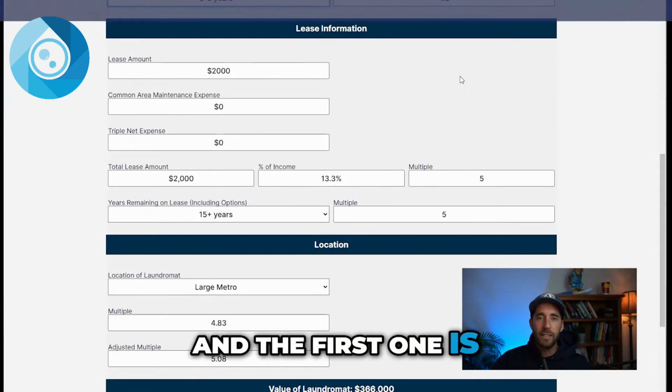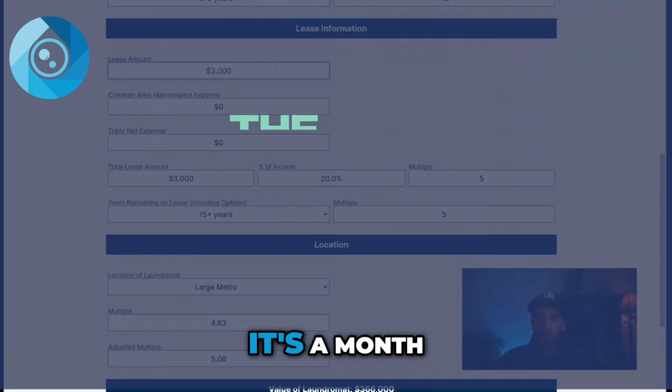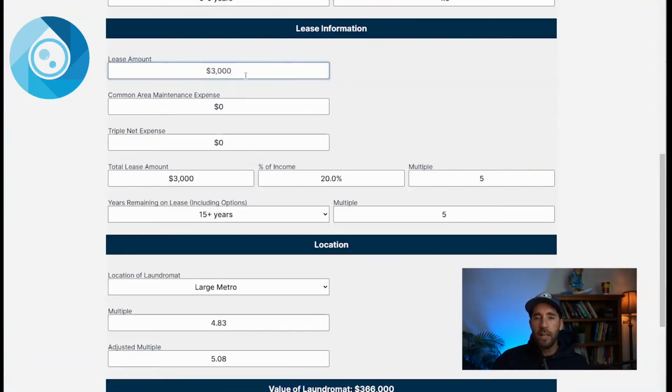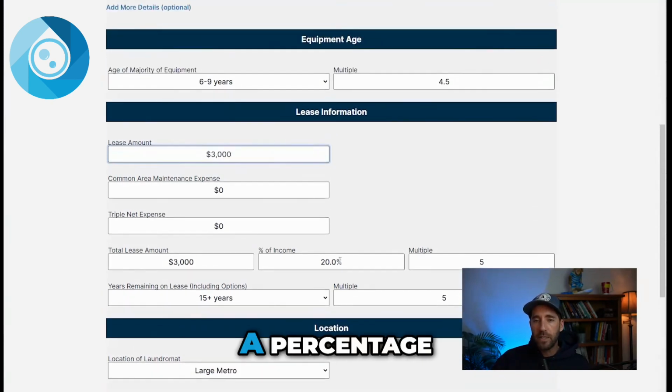And the first one is the rent amount. So we need to know how much our rent is. So let's say in our example, it's $3,000 a month. Now, is this a good rent amount? Is this a bad rent amount? How do we know? Well, the way we need to look at it is the rent amount as a percentage